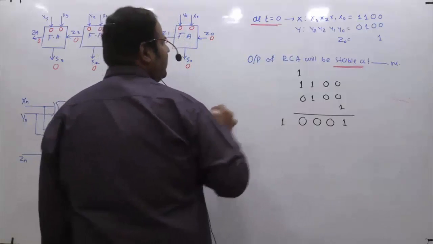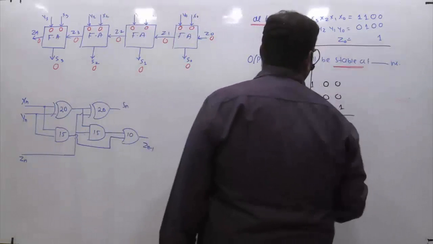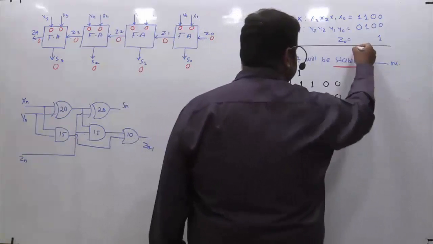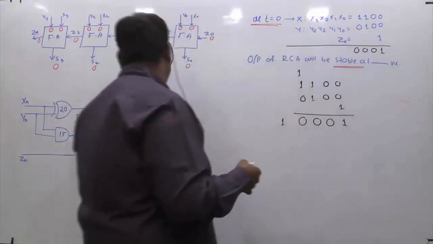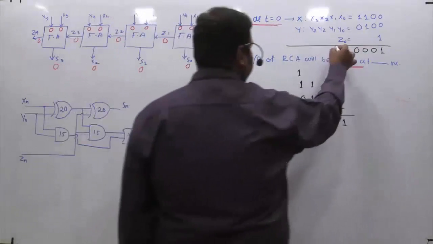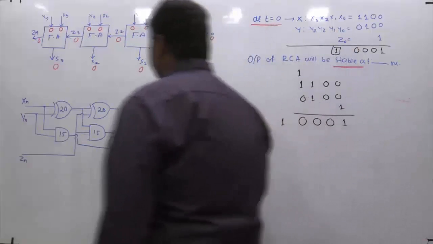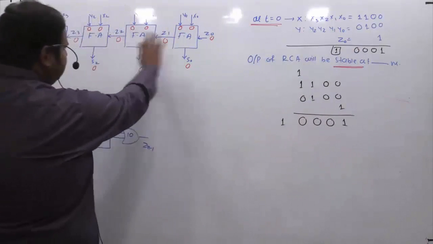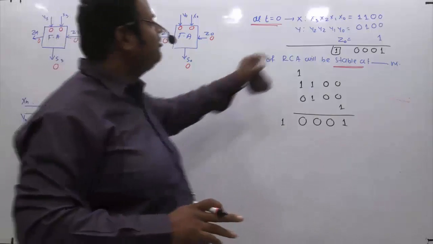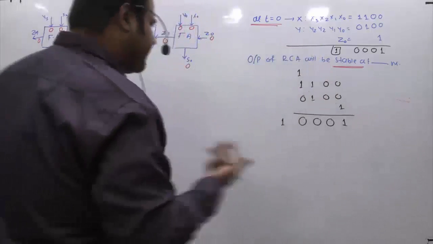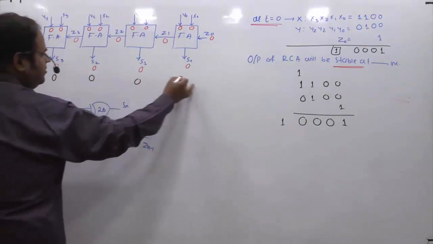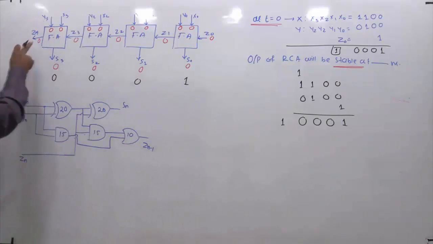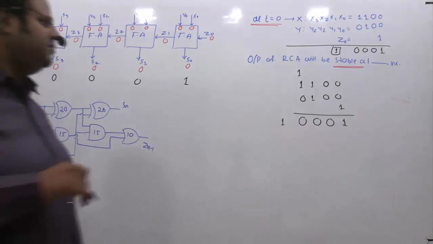What is being expected is that finally the corresponding sum bits become 0 0 0 1, and the final carry bit, which is 0, will become 1. So basically if you make comparisons, initially this is the situation, finally when I add this and this, my expected output is 0 0 0 1, and the final carry of this one, this 0, should also be 1.